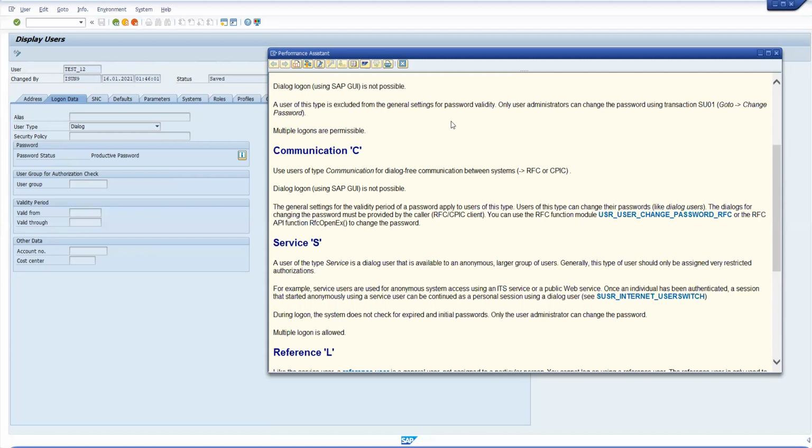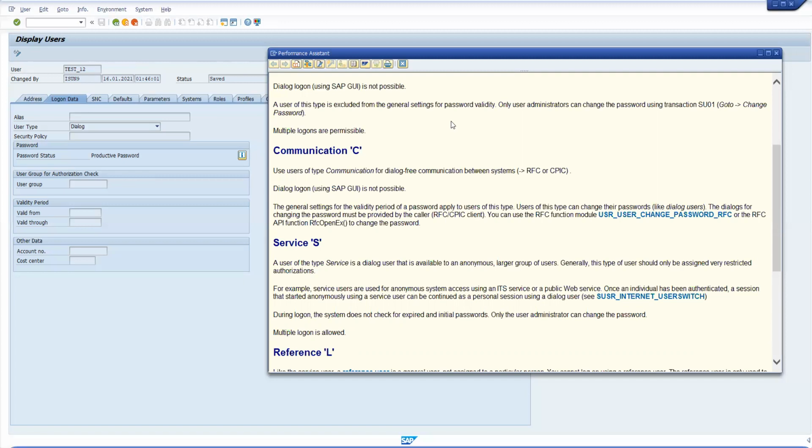we'll be setting up an RFC connection. That is in transaction code SM59. We will talk about the transaction code in a different session. For performing RFC calls between the systems, we use this communication user type. In SM59, whenever the basis team is creating an RFC, they maintain the communication user ID there so that the communication will be established between two systems.